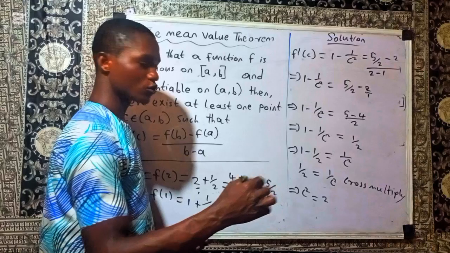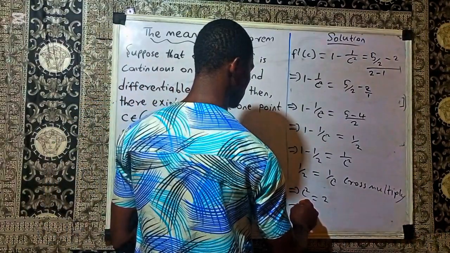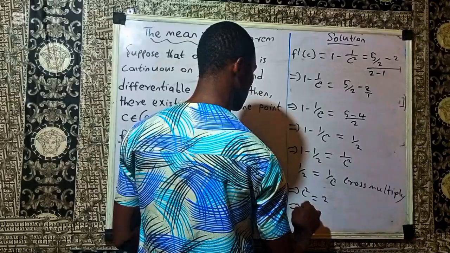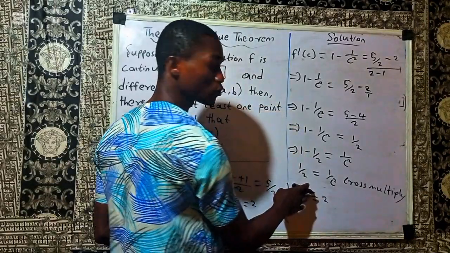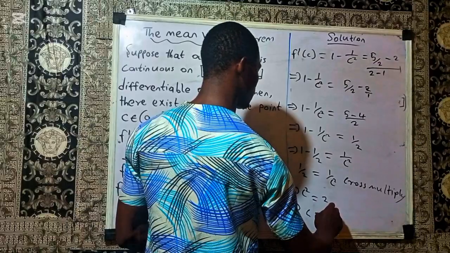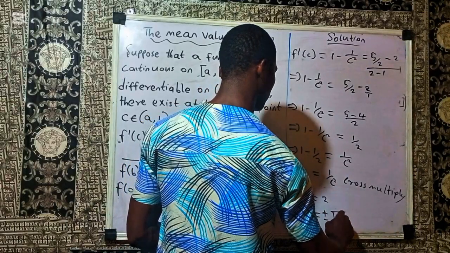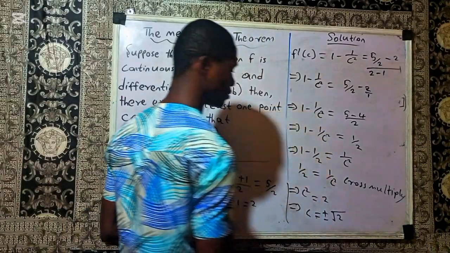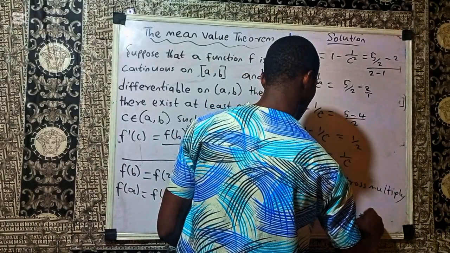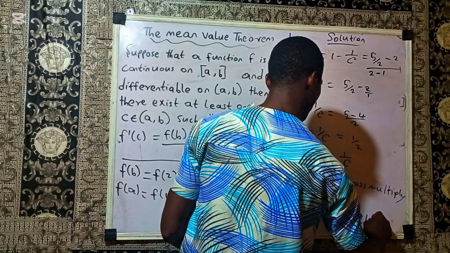You take the square root of both sides. So this implies take the square root of C squared, you have C, equals take the square root of 2, you have plus or minus square root of what? 2. Right? So this is equal to plus or minus